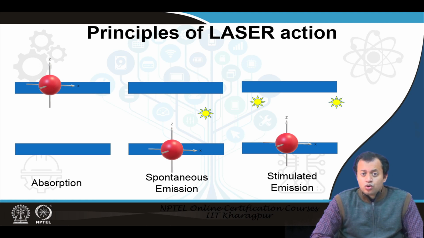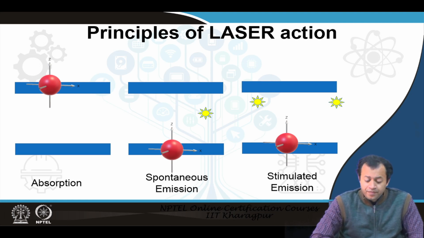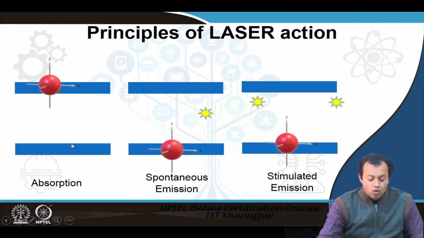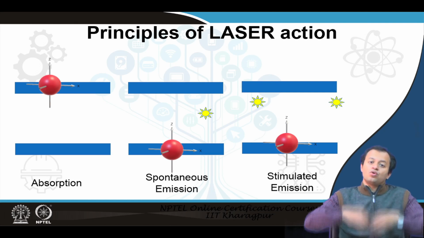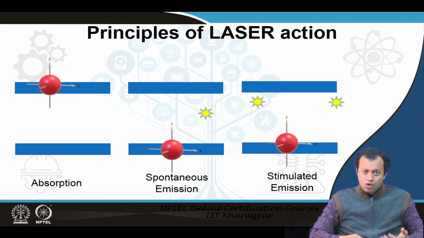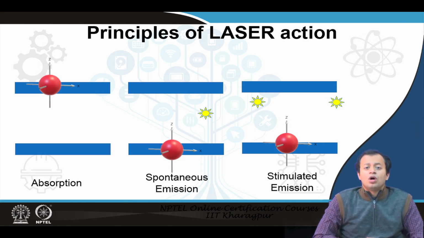So, two things need to be clear here. First, stimulated emission will only happen when the electron is at the higher level. Usually electrons are mostly in the lower level. The higher levels are unstable, so if an electron goes to the upper level after some intervention, it always has the tendency to come back. So, we do something called population inversion.